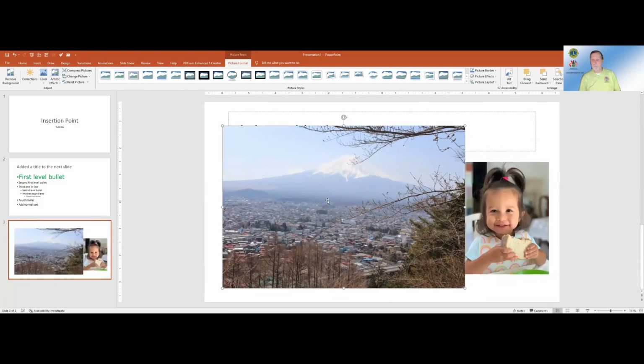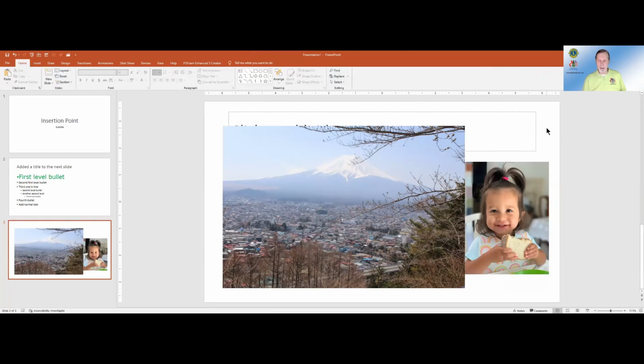Good. All right. Over here on the left side, I see that I've got 3 slides. One is the title slide, and then I've got a slide with bulleted information, and then I've got the 3rd slide with my pictures. Now is the time to point out that whenever you have an object selected, like right here, I have this picture selected. If I click outside, over here in my margin area, if I could use that term loosely, it is no longer selected. If I click back inside, I see my handles surrounding it.